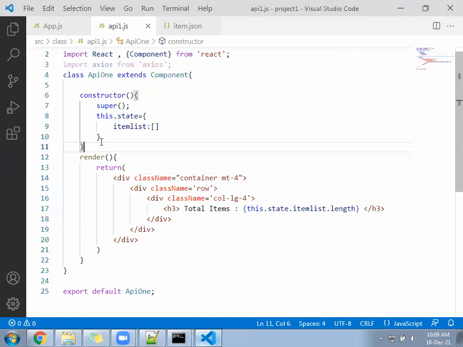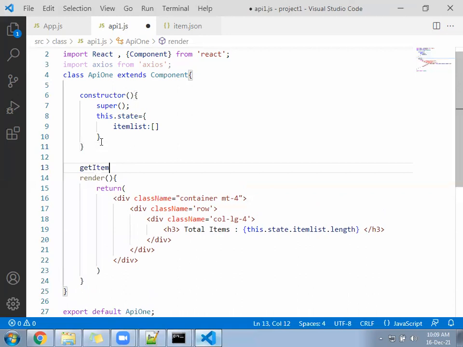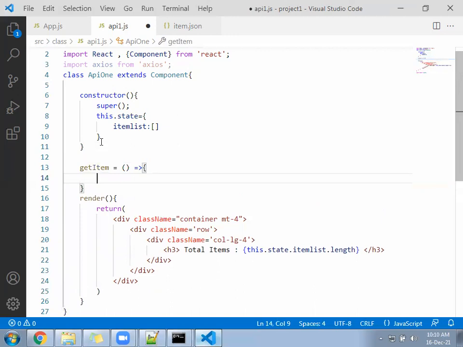So for that, you are going to write inside. Let's write a function called getItem. Alert this getItem. Okay, I am calling.